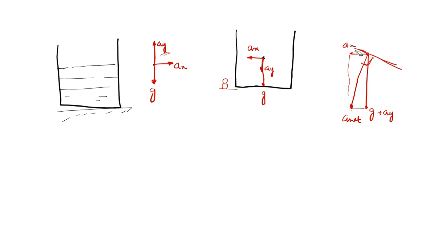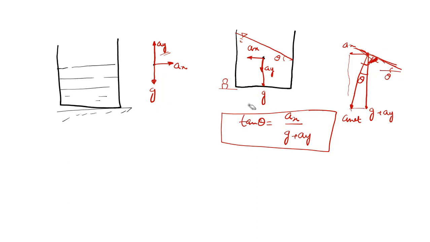So just like this, I have drawn a parallel line here. This will be the free surface. And if this is theta, right? This is theta. Then this angle is 90 minus theta. This angle is theta. So what is tan theta now? Ax upon g plus ay. We don't have to worry about whether it is upward, downward, or anything. Whatever the question says, we will do.